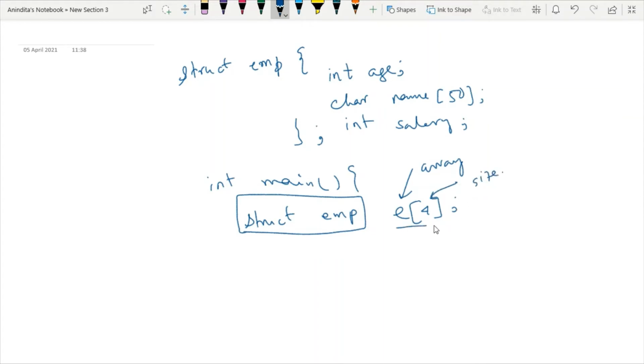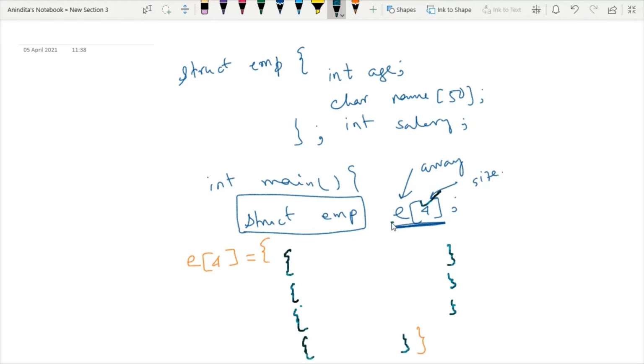So now how to take value inside this array? One convention you can follow, you just write the structure name and the size of the structure, then write equal to and put curly braces. Afterwards, since the size of the array is 4, you have to use 4 curly braces to take the values inside the array.